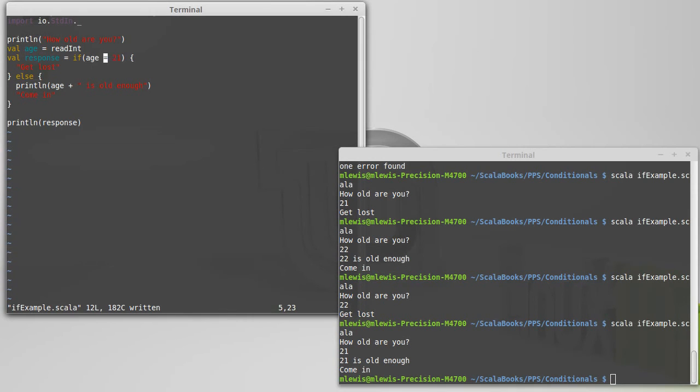We've already seen that less than works that way. It turns out that greater than works that way, and just less than or greater than, you have those symbols on the keyboard. It's simple. But what if I want to do less than or equal to? Well, in math you would have written the less than with a bar underneath it. I don't have that symbol nicely on my keyboard. Instead, I type it in much the same way that you would say it. I type less than or equal to,